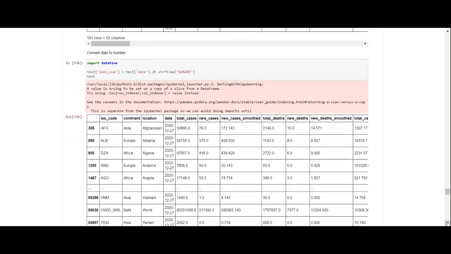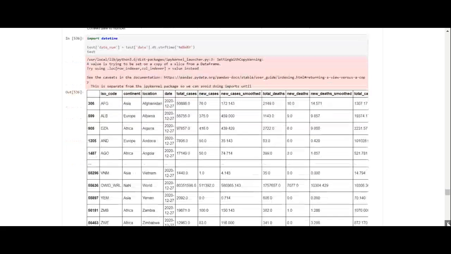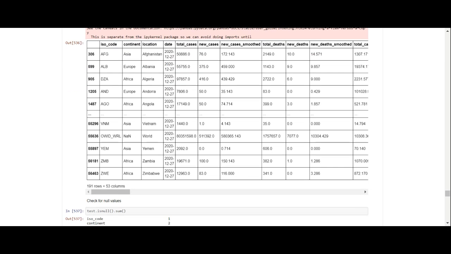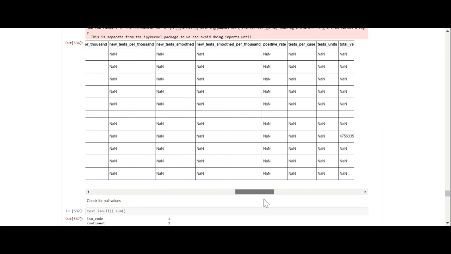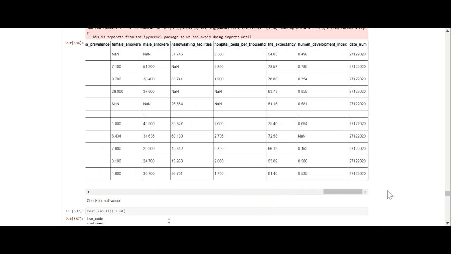So now we convert our date to a number. Test date num equals test date dot dt dot strftime, and then the format. And you can see what we've done here. We've converted that date to a number.